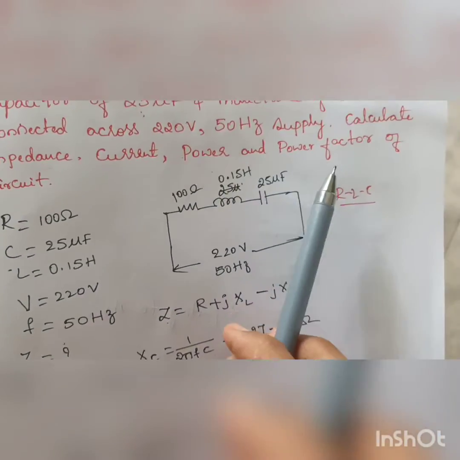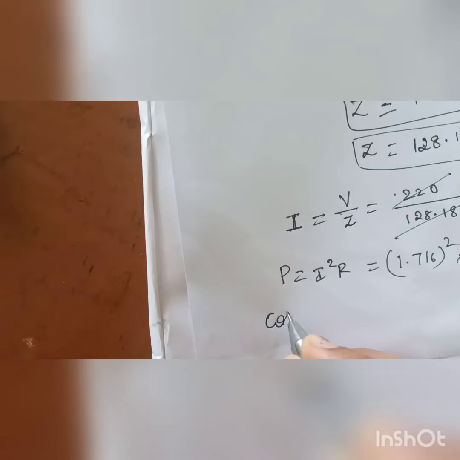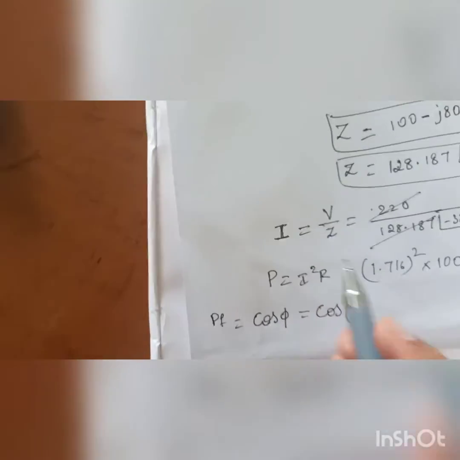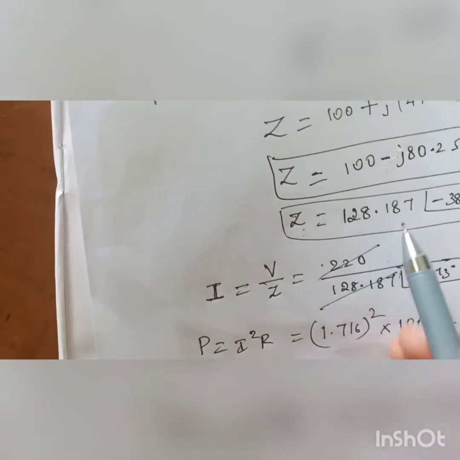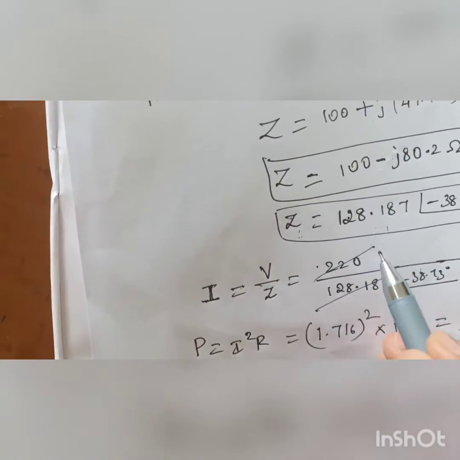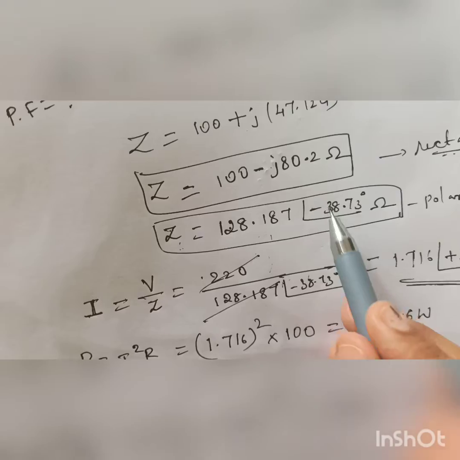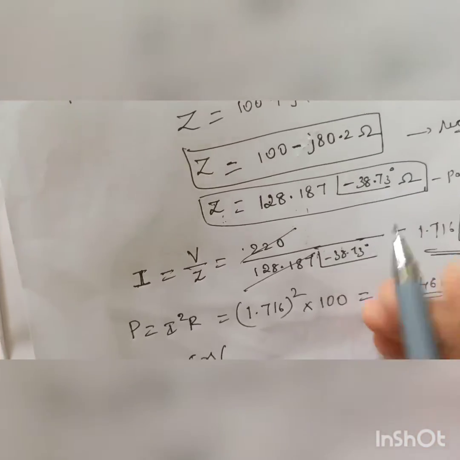And then, in order to find out the power factor of the circuit we have, cos phi is the power factor equation. Cos phi is equal to cos phi. What is the value of phi here? So for the impedance, this is the magnitude of the impedance, that is Z magnitude, and here is the phase, that is